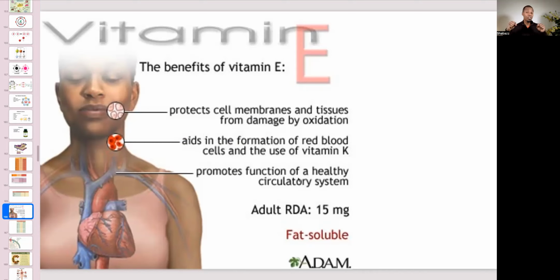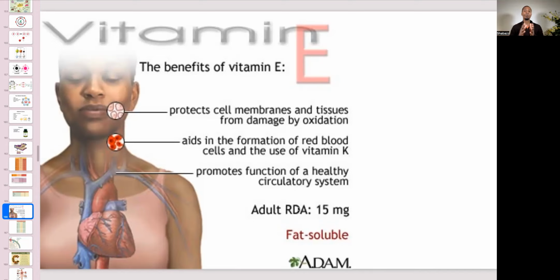So we want a healthy circulatory system, and that right there, again, when you have the wonderful antioxidants and you're putting in vitamin E and vitamin C, it's going to hold off those free radicals. And the recommended daily amount is 15 milligrams for adults. It can go between 10 and 15 milligrams, depending on formative years, child, a woman, a pregnant woman, or an adult male. Let's say between 10 and 15 milligrams.